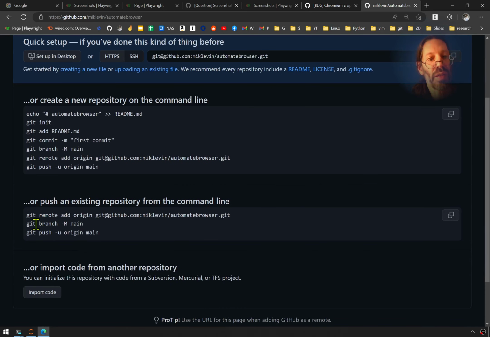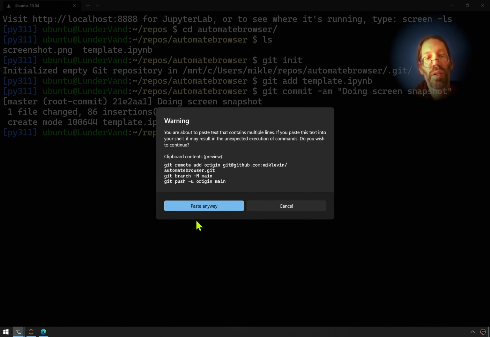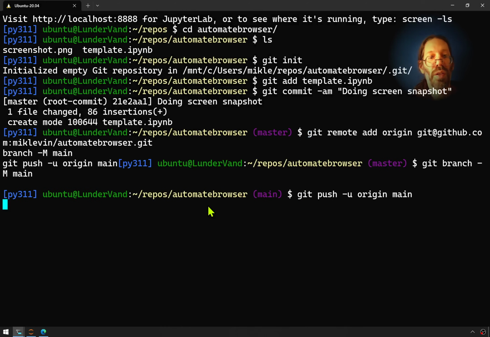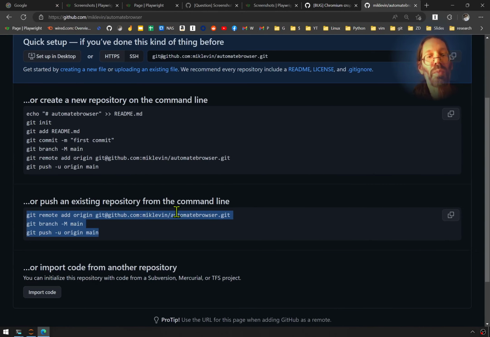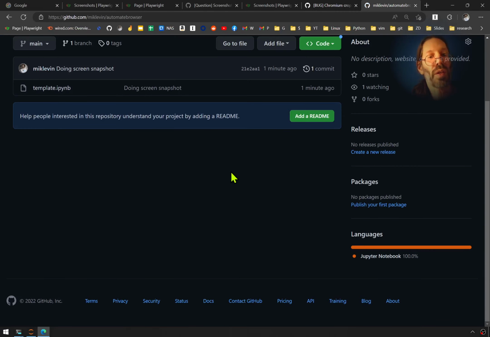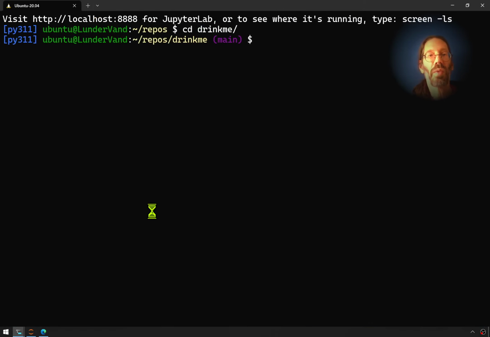But now all I have to do is these, because I've already made it into a repo. So we go over here, paste anyway. And now it's up there. If I go back over to GitHub and I do a refresh, you'll see the repo is there. There's template.ipynb. And if I want to make this what gets pulled down now with the DrinkMe thing, I just,